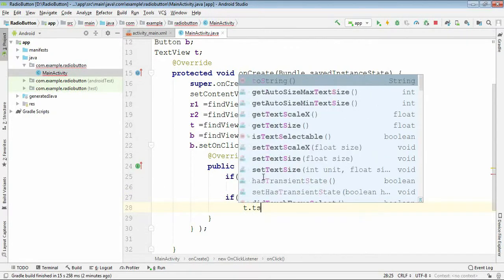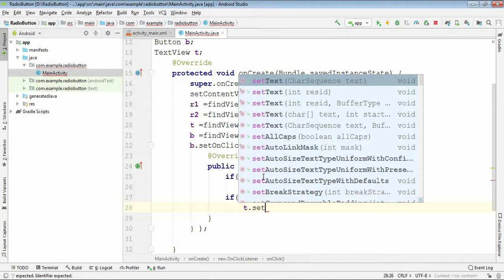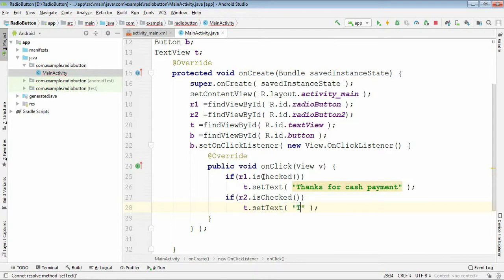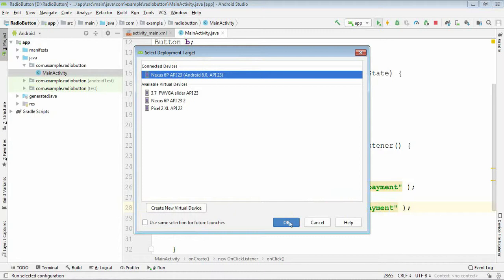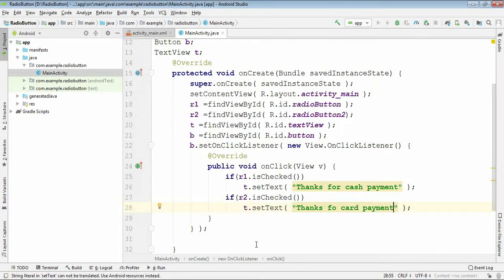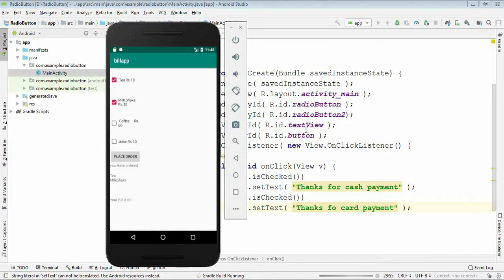And in case the second radio button is checked, display the message as thanks for card payment. Let's run this app with the connected device